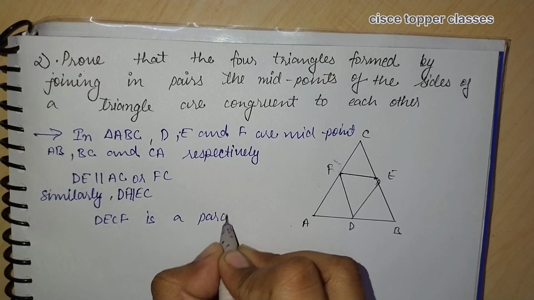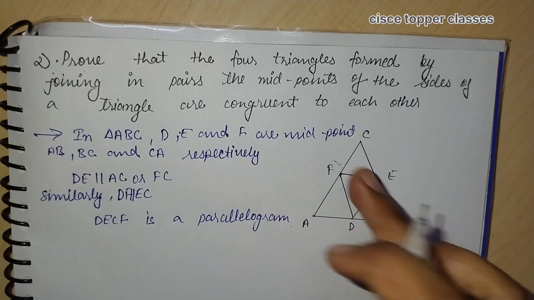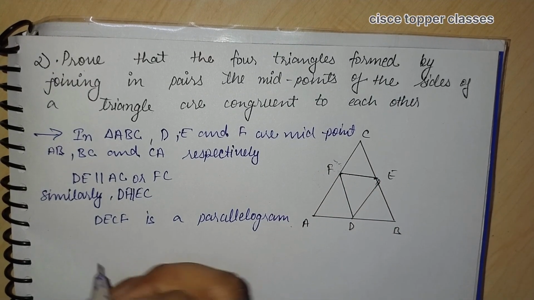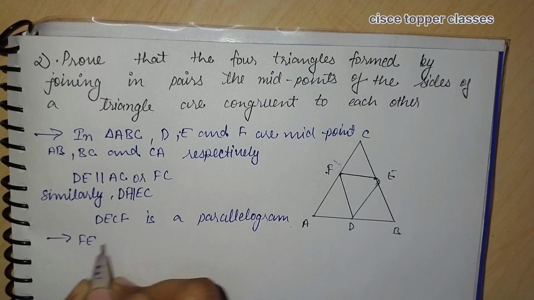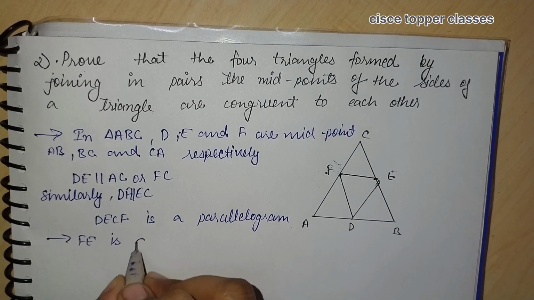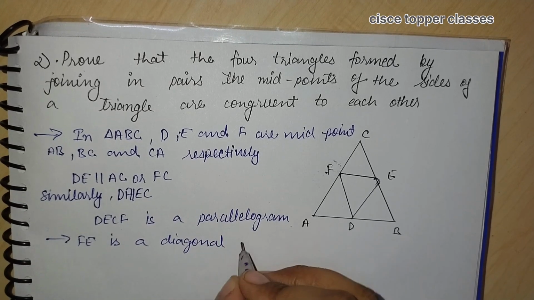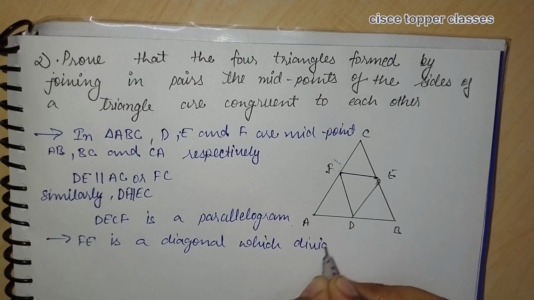Thus these two sides are parallel and these two sides are parallel. Similarly, FE is a diagonal, which divides the parallelogram in two congruent triangles,